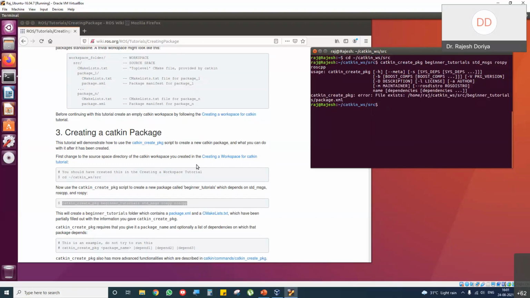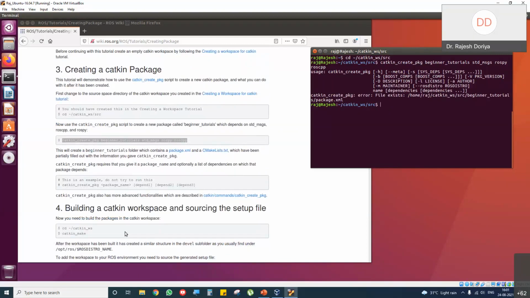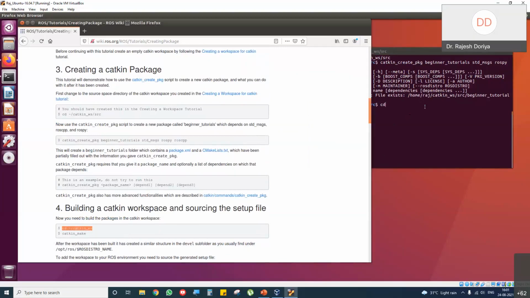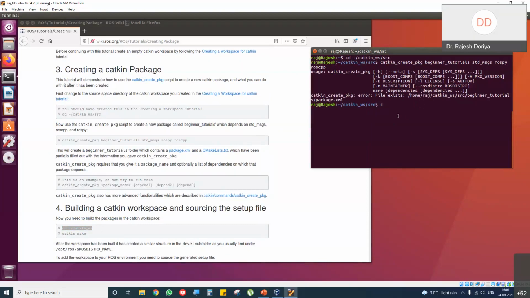So when you run it for the first time, it will be done, no problem. Then you will need to make it. Okay, this command. Then you need to go into this. Then you need to make